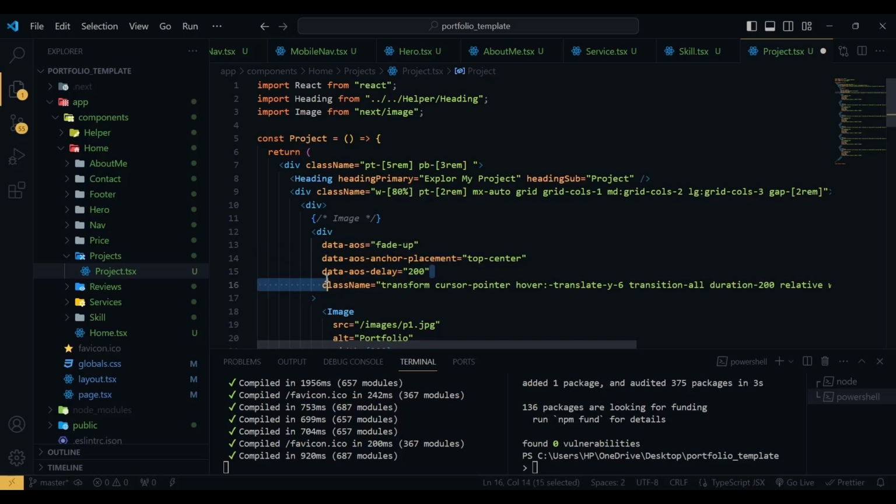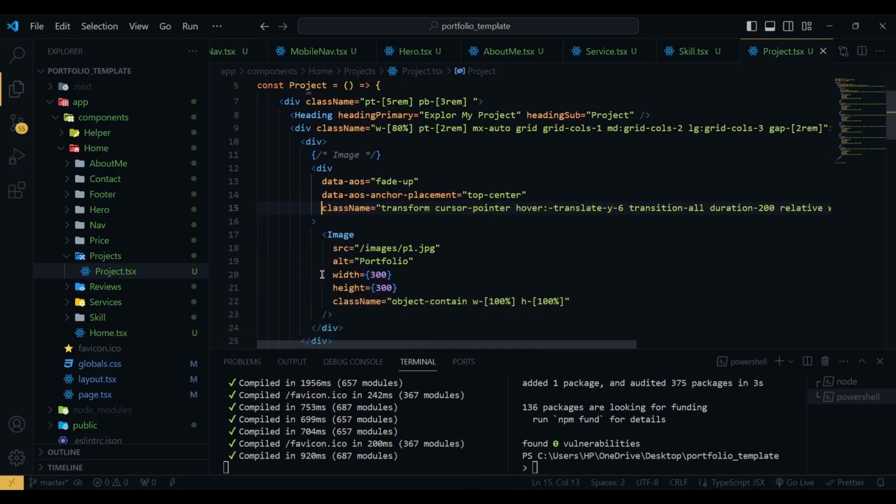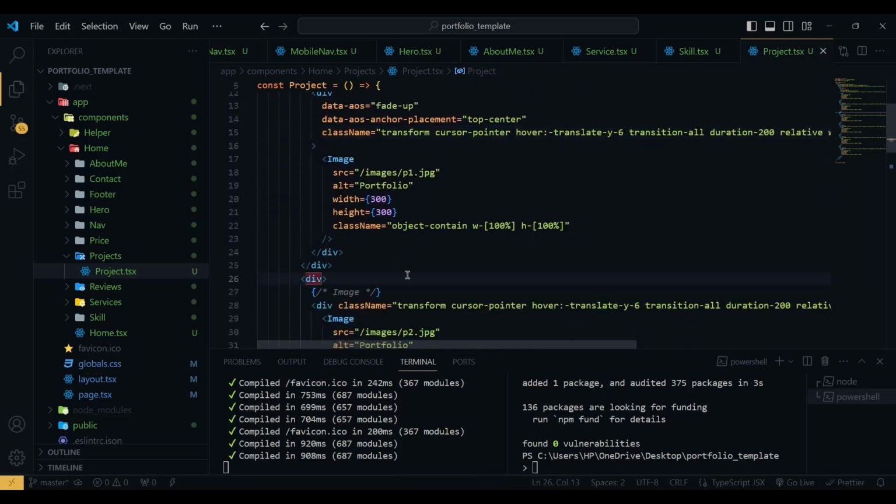So the first one does not need any delay, and second one